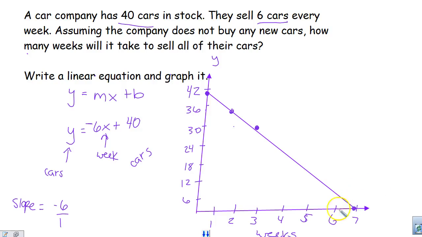So about how many weeks is it going to take to sell all the cars? About 6 to 7, right? In 7 weeks they could sell 42 cars. We only have to sell 40, so it's going to be just below 7 weeks, and all those vehicles will be gone. Questions on that one? All right, I'm going to start another